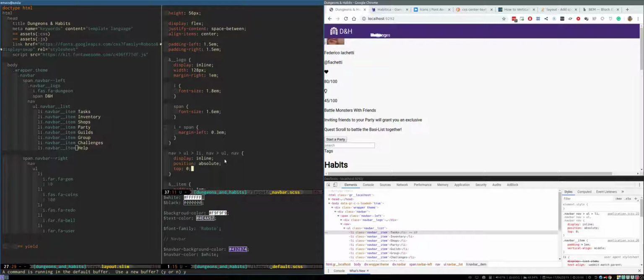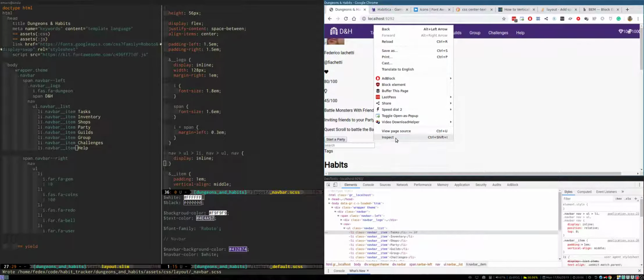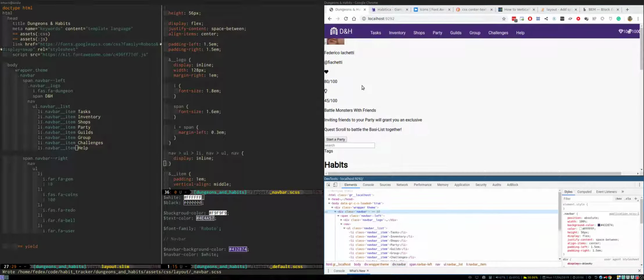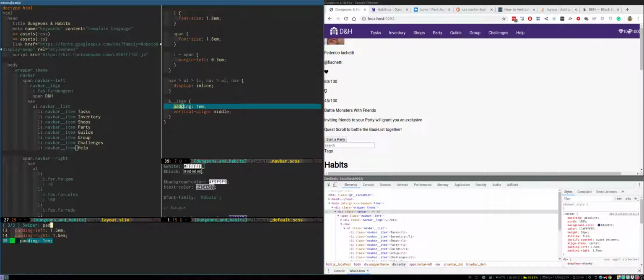Yay! I broke everything. It's not a problem of positioning. What I want to know is... Oh, okay. I think I put some padding somewhere